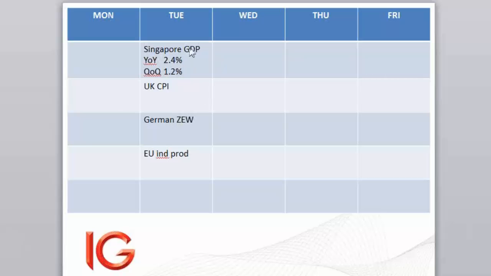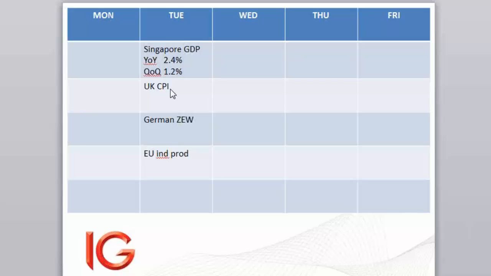So if you can see right now, my slide is on Tuesday's events. Singapore GDP. And then later on today, you've got the UK CPI. That's at 4:30. And then one important indicator from Germany, that's the ZEW Economic Sentiment Gauge. That's coming out at 5 p.m. And the Eurozone Industrial Production figures, that's 10 a.m. So UK CPI,